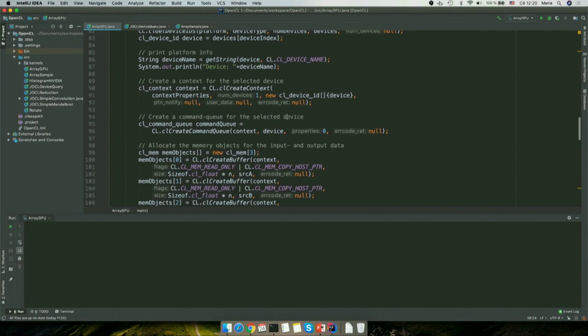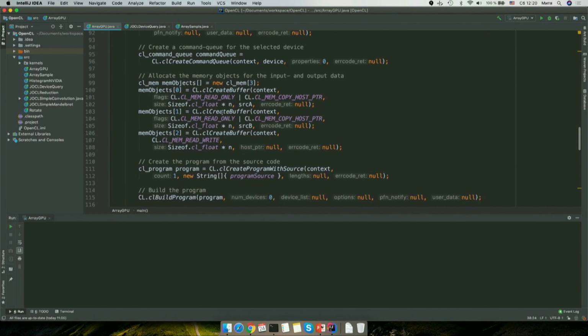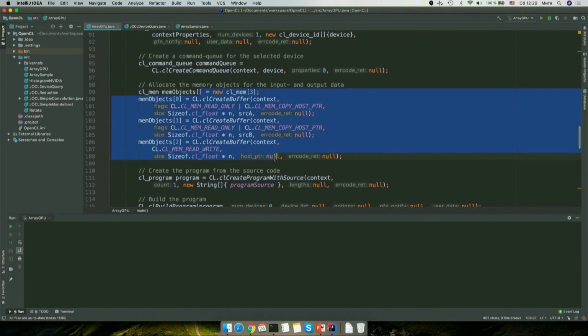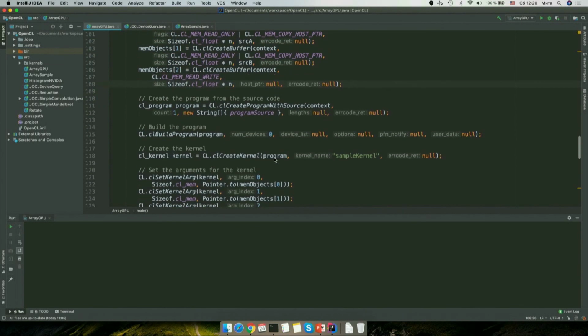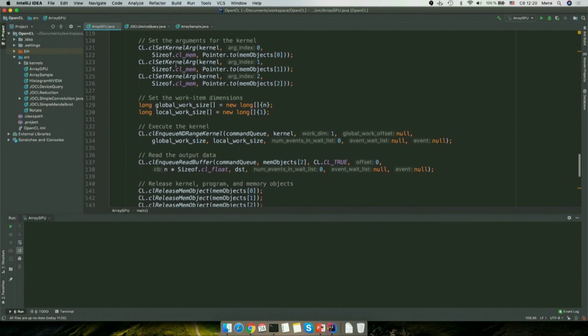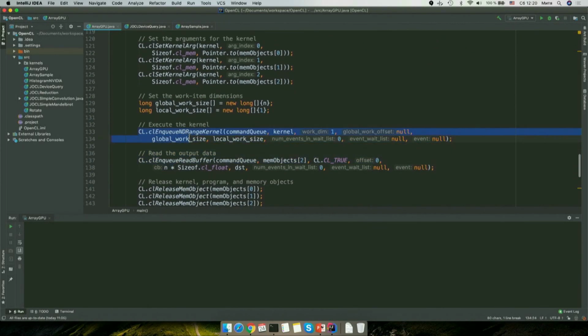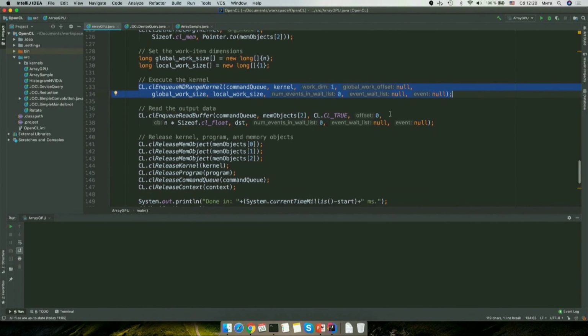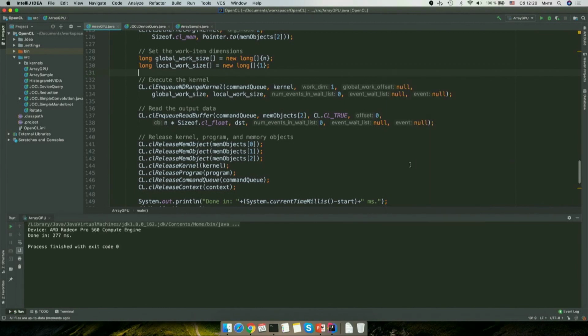Then we prepare the context, then we allocate the memory on the side of the device. Then we send the kernel and build the program. This is the point where you say, okay, execute it on the device. And then we just release it. And if everything's okay, I sincerely hope so, we will run this program.